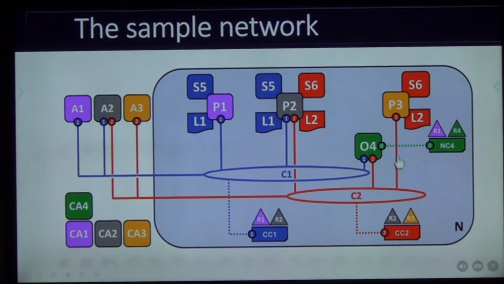So NUST may have this peer P3, which has a copy of the ledger that is different from the other ledger. So there are two different ledgers here, and a different smart contract. Okay? So S6. Once you have this academic collaboration, let's call it the academic collaboration across different universities network.